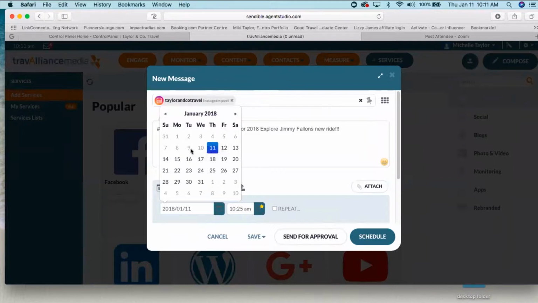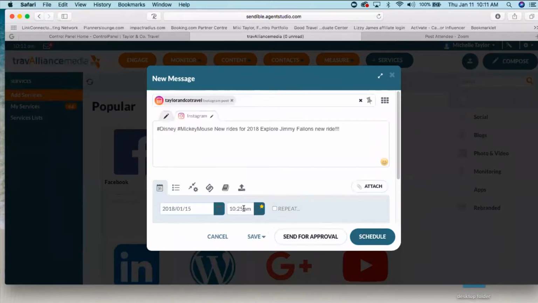So this is what I was referring to when I said you can work on this for 15 minutes before you go to bed at night, or set these up Monday morning for the whole week. You can come in, and this might be the first one for the 15th, and you want it to go at 10:25. Maybe you want it to go at 10:15 instead. You can click into the field, change the time, and then click on schedule.